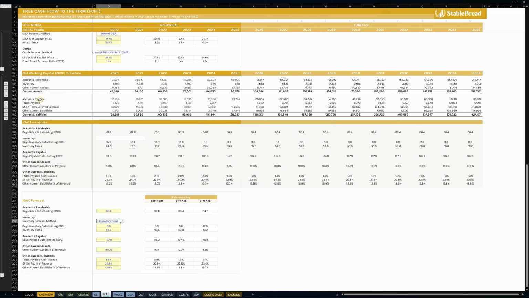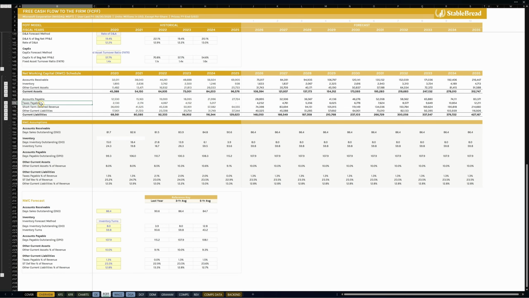And then on the current liability side is the accounts payable, which is forecasted using days payable outstanding. If days payable is increasing, that means the company is taking longer to pay suppliers, which helps cash flow in the short term but risks constraining supplier relationships. And then all of the remaining working capital items, like the other current assets, prepaid expenses, accrued liabilities, any of these other current liabilities that I didn't discuss, are forecasted as a percentage of revenue under the assumption that they